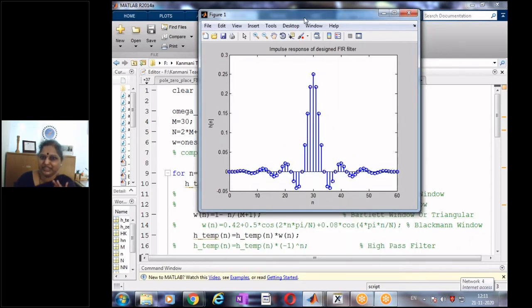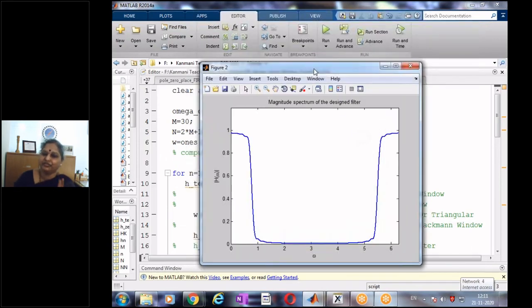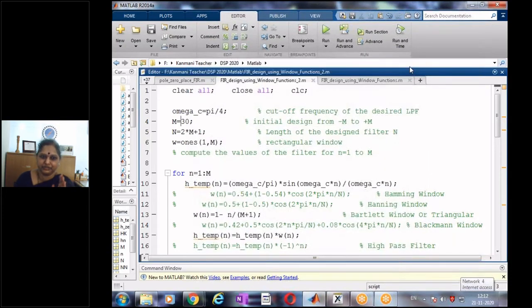And this is my impulse response of the design filter. And let us look at the frequency response. So it's good, but not so good as compared to the Hamming window, because in Hamming window we had this almost close to 1 and it was also flat. But here there is a small tapering. It is not exactly flat, but of course we have used a very simple function, because instead of using a rectangular function, I use a triangular window function, and hence this is not as good as the Hamming window function by observation. Of course, a better method of comparing would be to compute the mean square error between the desired and the designed frequency response.